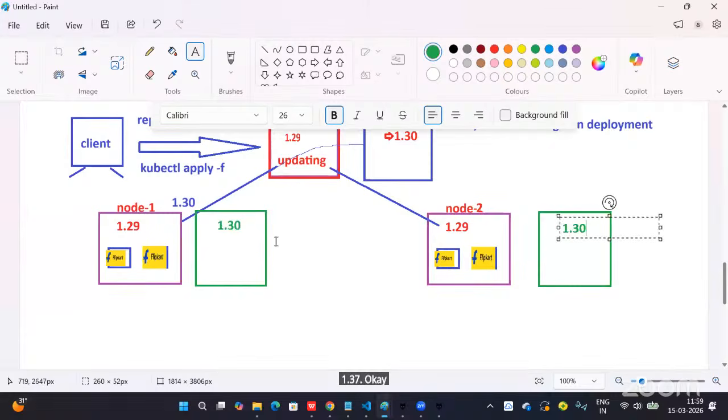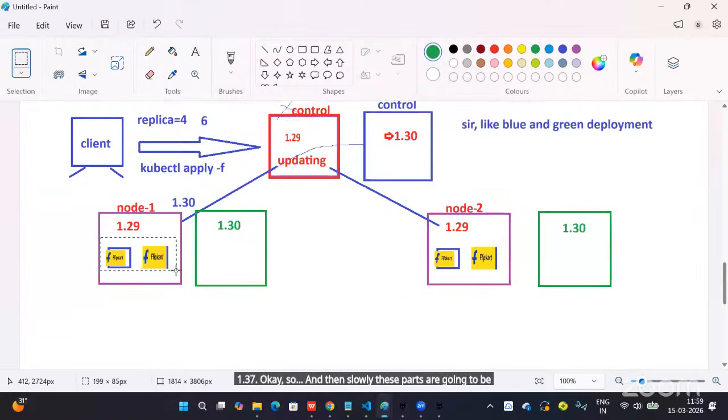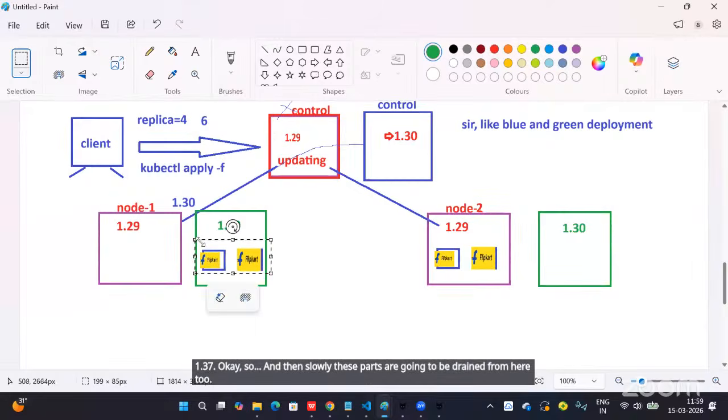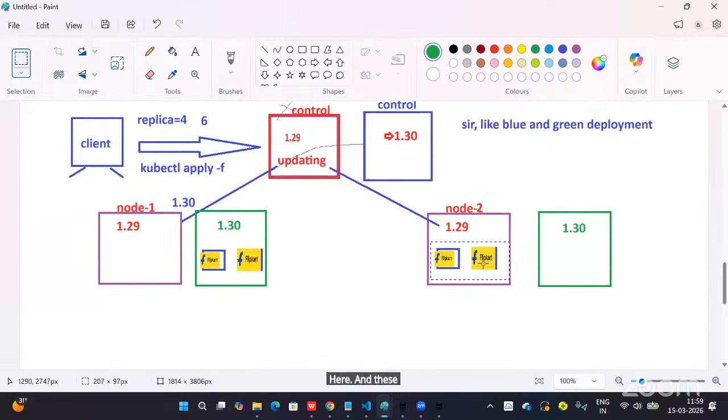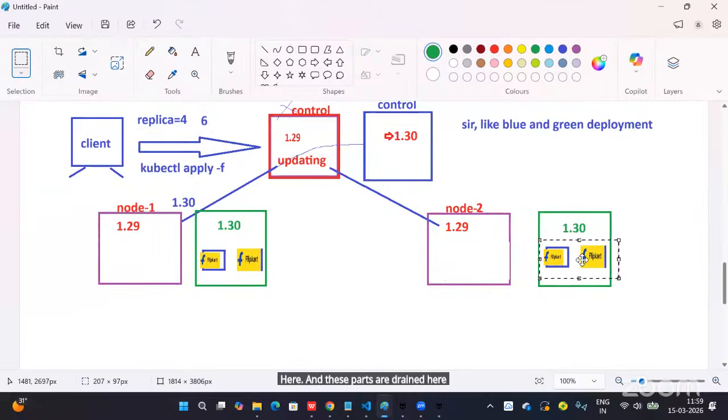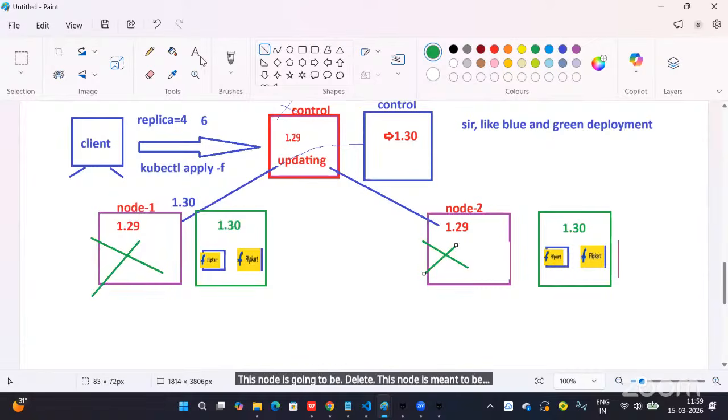Okay. Then slowly these pods are going to be drained from here to here, and these pods are drained from here to here. After the drain completes, this node is going to be deleted, and this node is going to be deleted.